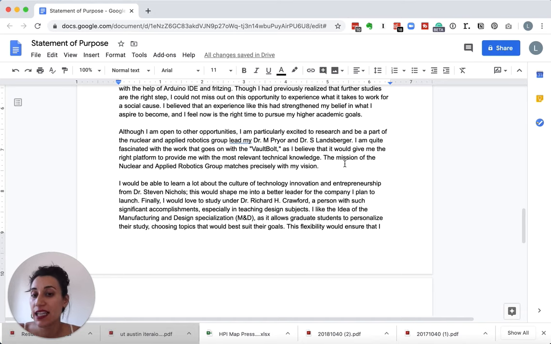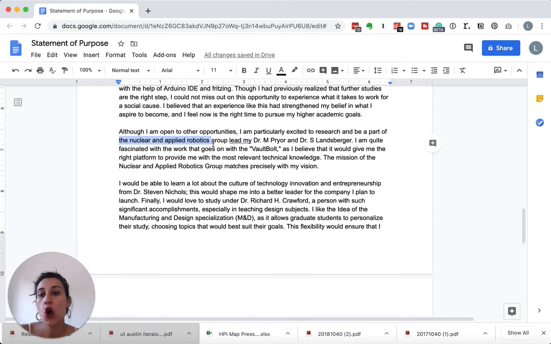So this person claims that they want to have a career focused on serving those who are vulnerable at their work because of the work conditions, or serving those like in rural India. I want to hear from this person, how does the Nuclear and Robotics Group actually help you achieve that goal? Like, what are you going to be exposed to there that is going to set you up to be successful on that line of goals?